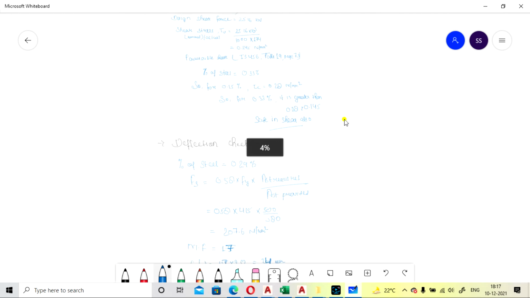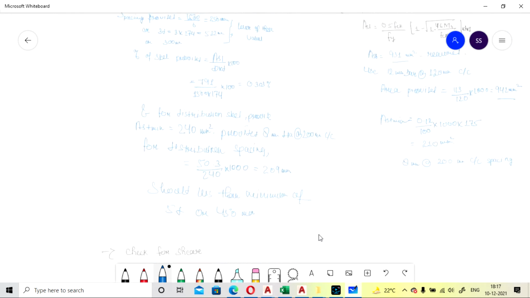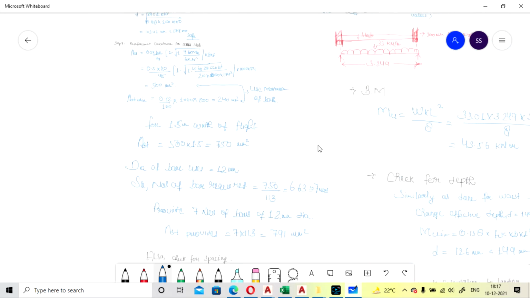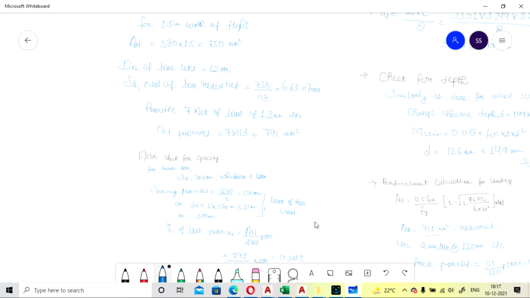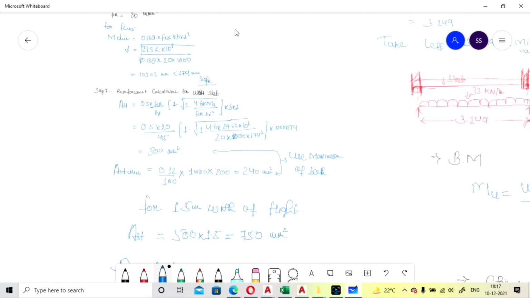So now we will see how to provide the reinforcement for slabs. Okay, so here we have taken the calculated reinforcement in our base slab first.